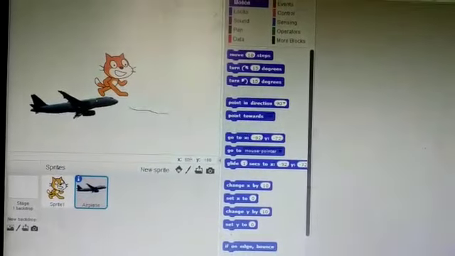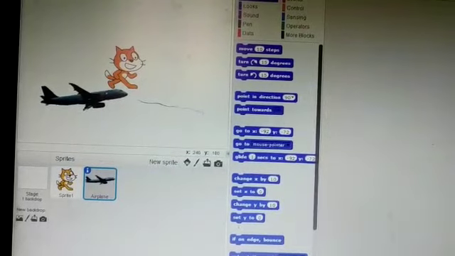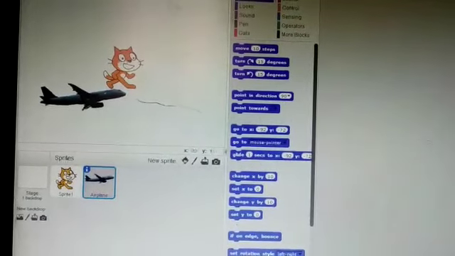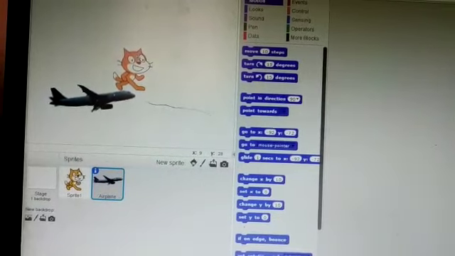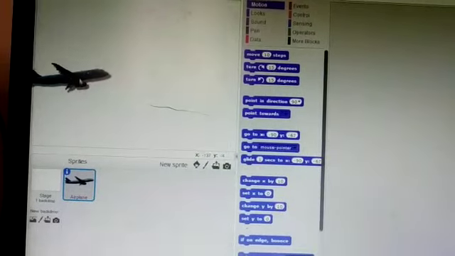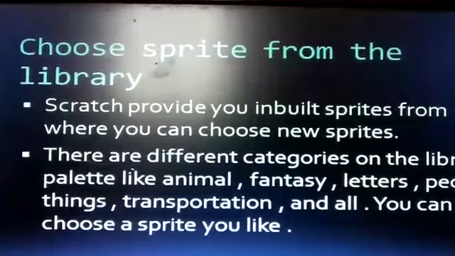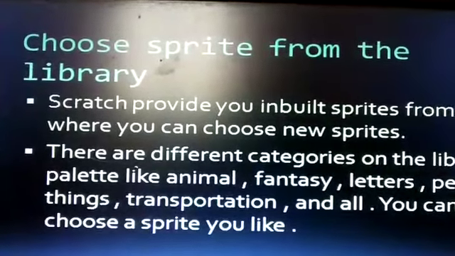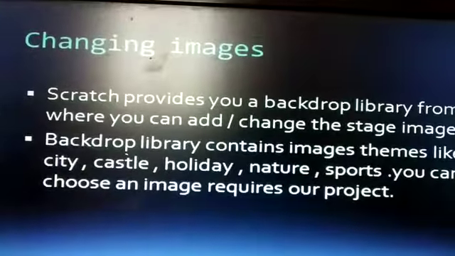We will use this delete option. It is here on the top. Click this and use it on this cat. You just have to click one time. You can see the cat is already deleted. Students, in this way we can change our sprite from the library.